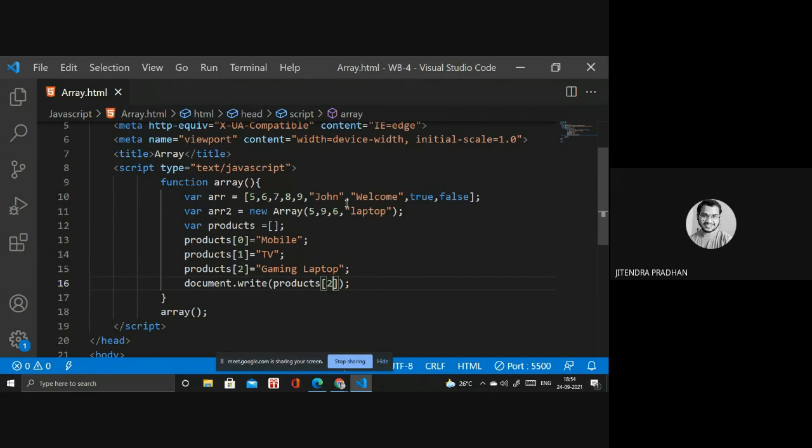If you want to remove the name Johan and add another name in that particular place, you can. Okay, these things we have to discuss. So let's start, we will discuss one by one.